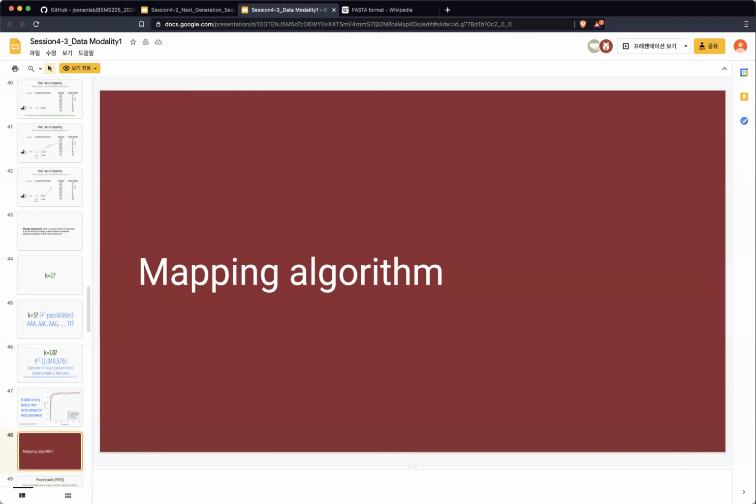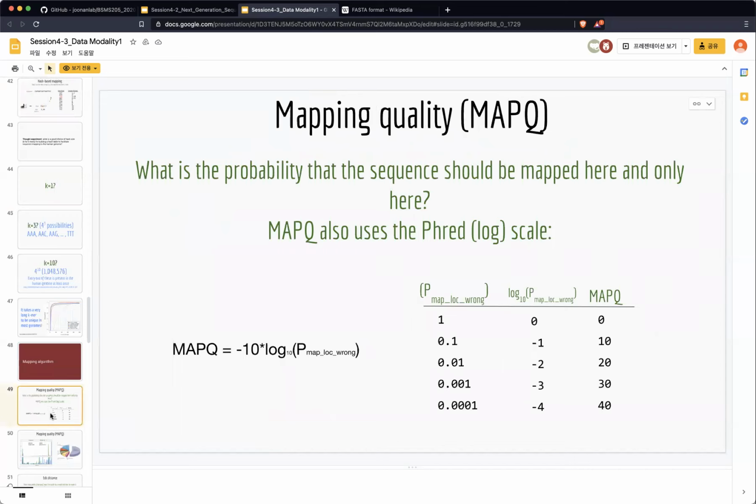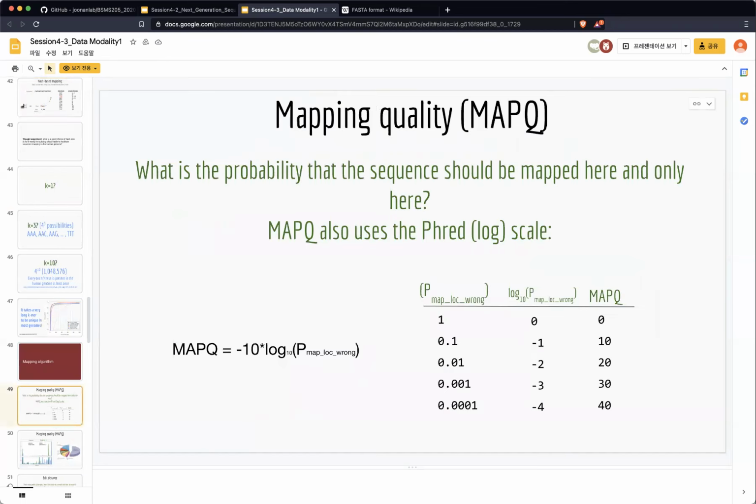And the mapping algorithm. So back to this question. How do we actually do the mapping, how do we actually do the alignments of sequence reads? So here, mapping and alignment are equivalent terminology, right? So mapping quality, in other words alignment quality, is the probability of how accurately sequence reads map to the reference genome, right? So mapping quality also uses the Phred scale, right? So this is 1 in 100 or 1 in 10,000 or something. So it also uses the same Phred scale as the